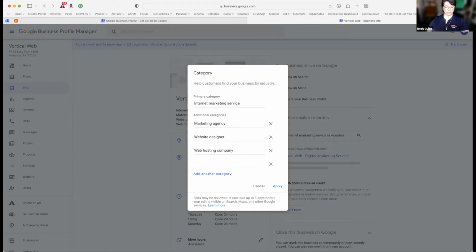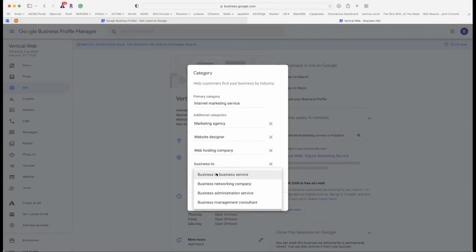And I'm low business. Business to, in like a bit, I could put a business to business service on mine as well. There isn't a business to consumer, apparently. That's what I was looking for. So you have to just kind of really narrow this down and try to get yourself in a